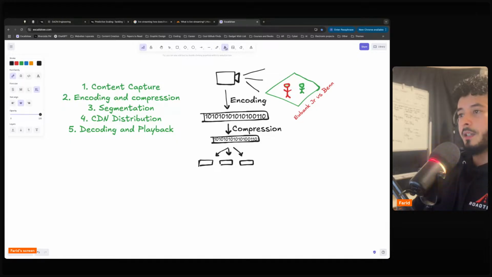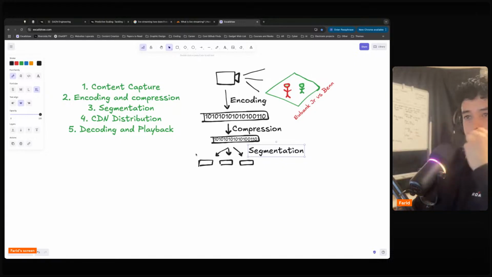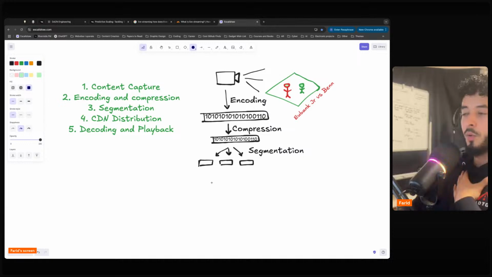That should suffice. We'll label that segmentation. Now, once we've segmented the encoded and compressed version of the content, we then send it to a content delivery network or multiple content delivery networks around the world.